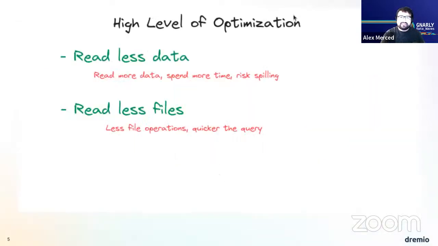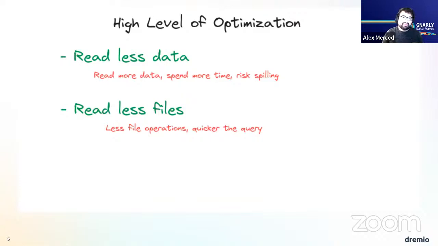But bottom line, when it comes to optimizing data, it really just comes down to two things. You can always have faster queries in two different ways. You could throw more processing power at it, so you can always just get a bigger compute instance with more memory and more storage and all sorts of things. The problem is that costs more money. So you can optimize the job that way, but it costs more. Or you can optimize in a way that saves you money, which means read less data.